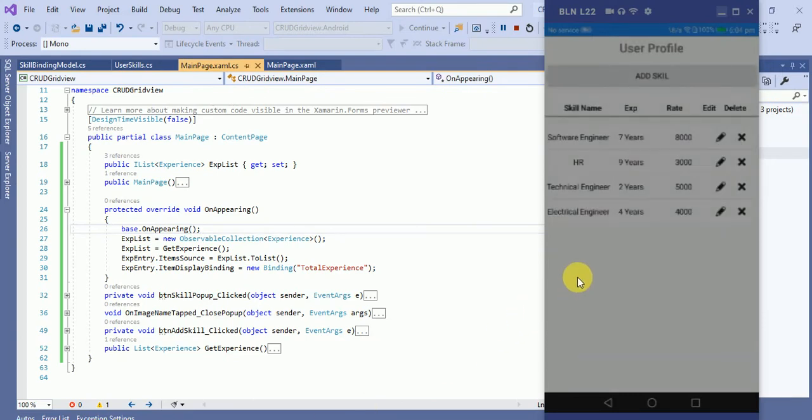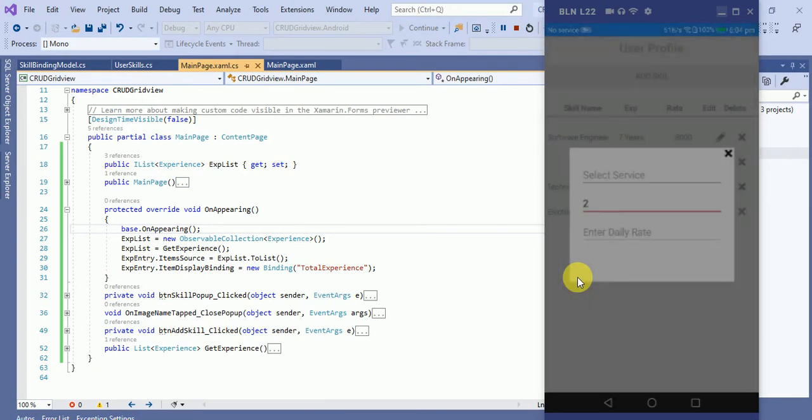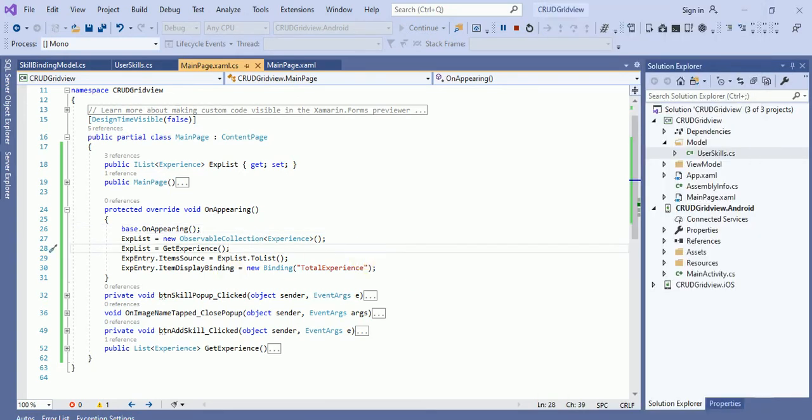Once I click on add skill, you can see the experience has been bound in this drop down. Okay, cool. The same way we have to bind our next drop down. For that I will add a method over here.